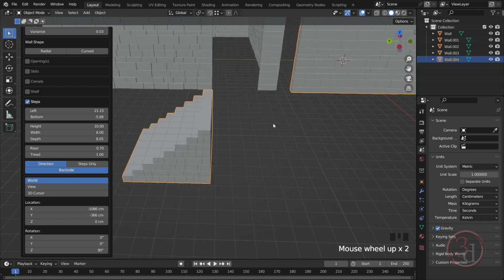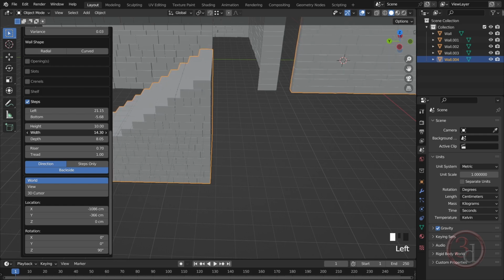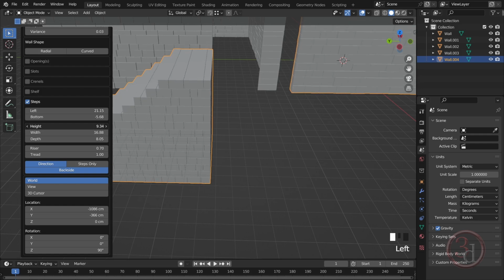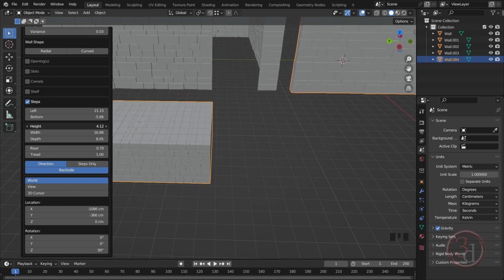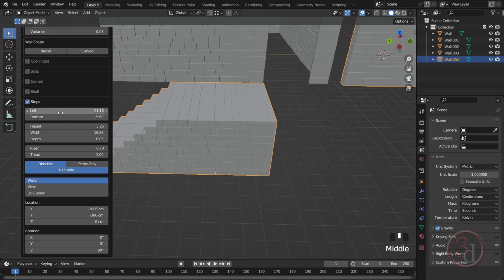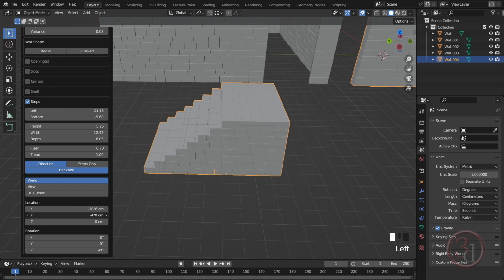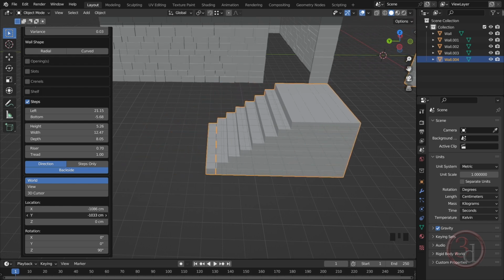I need to extend this part. The way to do it is I will extend this width. Don't worry about the height of the steps. And now I will adjust the height value. Just keep moving it down step by step until I reach this. Now I can push it back all the way. Bring it over here. And then I can take this Y and bring this all the way back. And then I can adjust the width